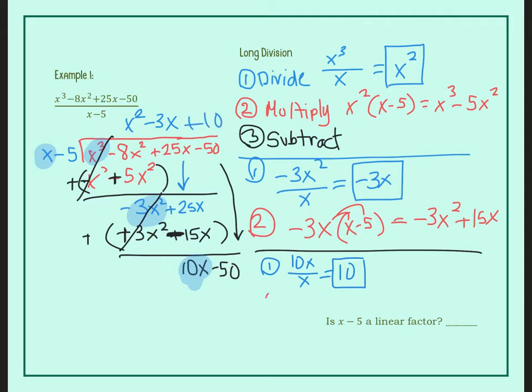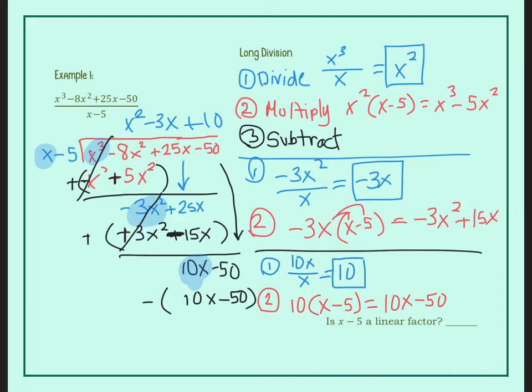Step 2 is multiply. Take the 10 that you just found and multiply it by everything on the outside, and you get 10x minus 50. So I have 10x minus 50. Step 3 is subtract,